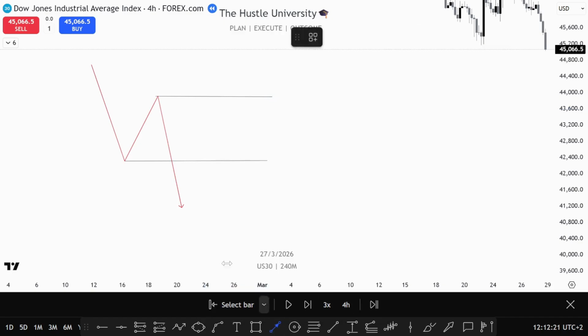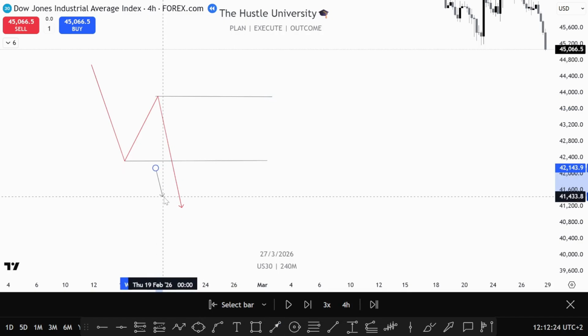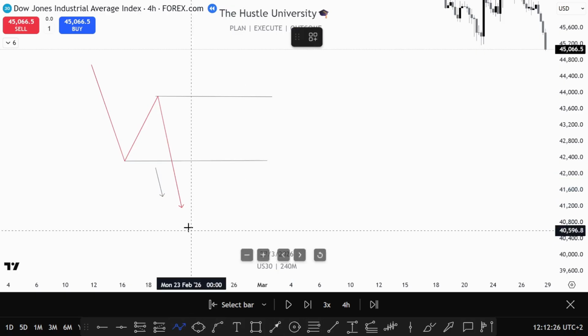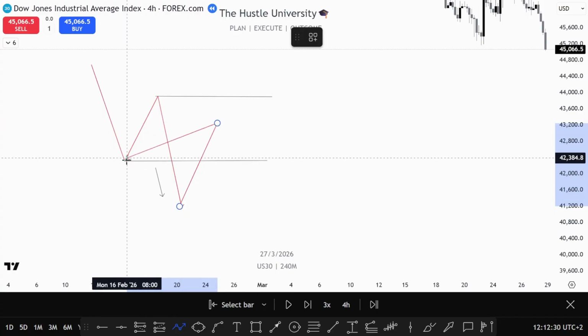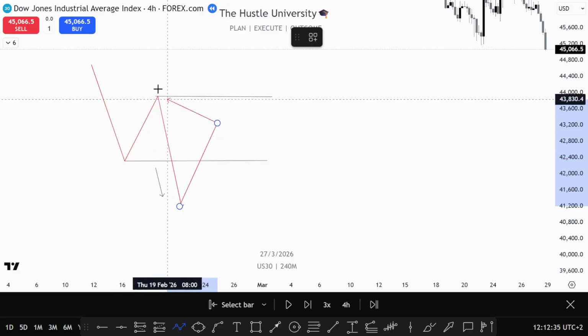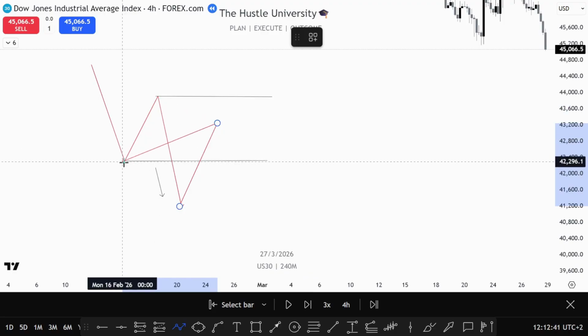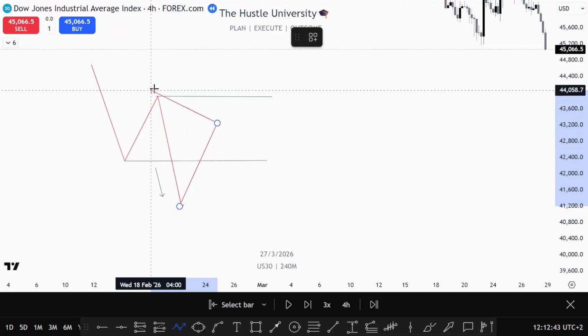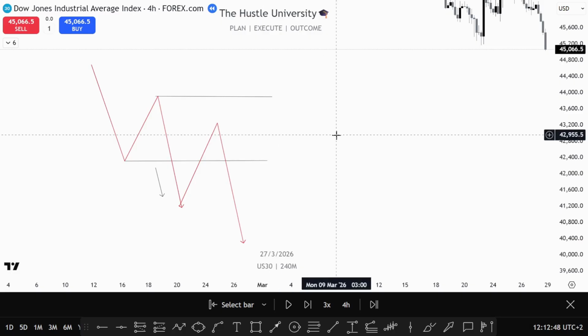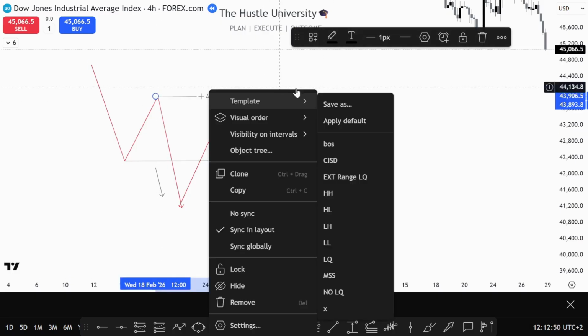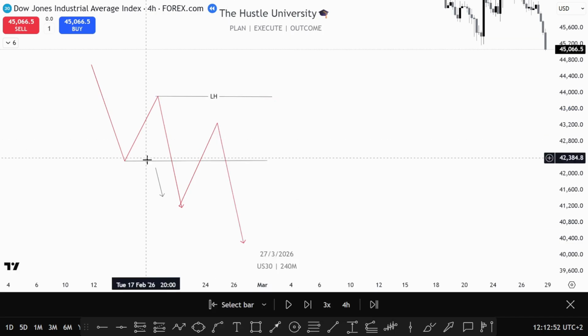As you can see, price went to the downside, gave you a low, and now you can expect price to come back to correct. So we have this level here, which will always be like a support. This would be a resistance: the highest level where price went, and the lowest point where price bounced off to the upside. You can expect this to happen, as long as this lower high over here and this lower low